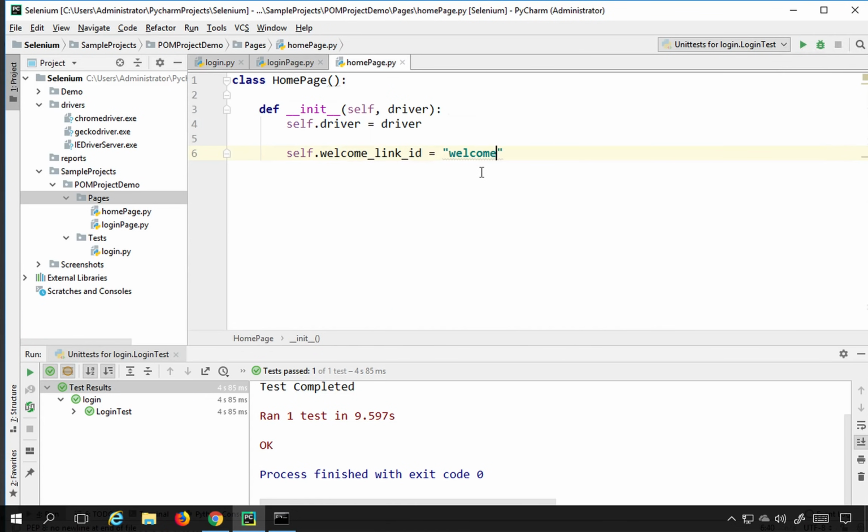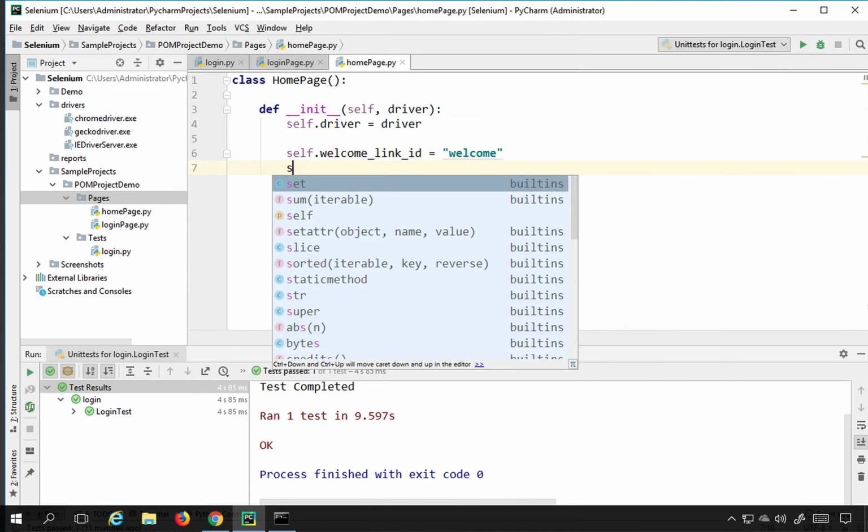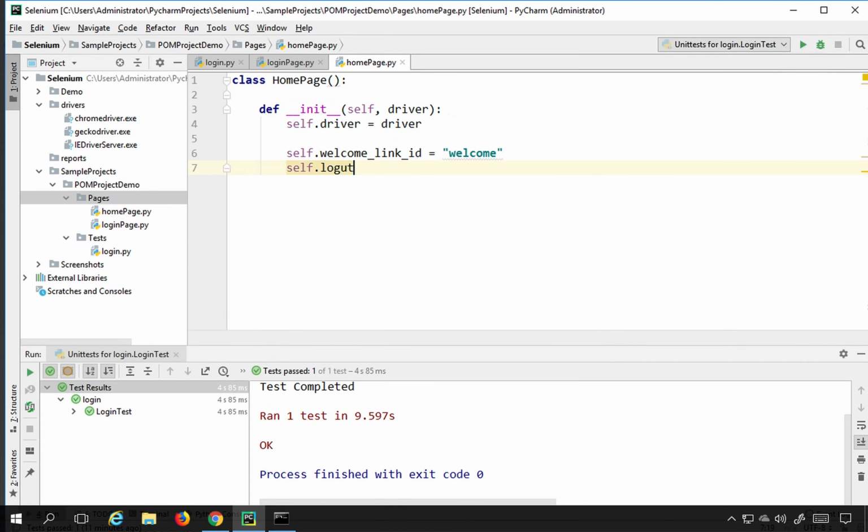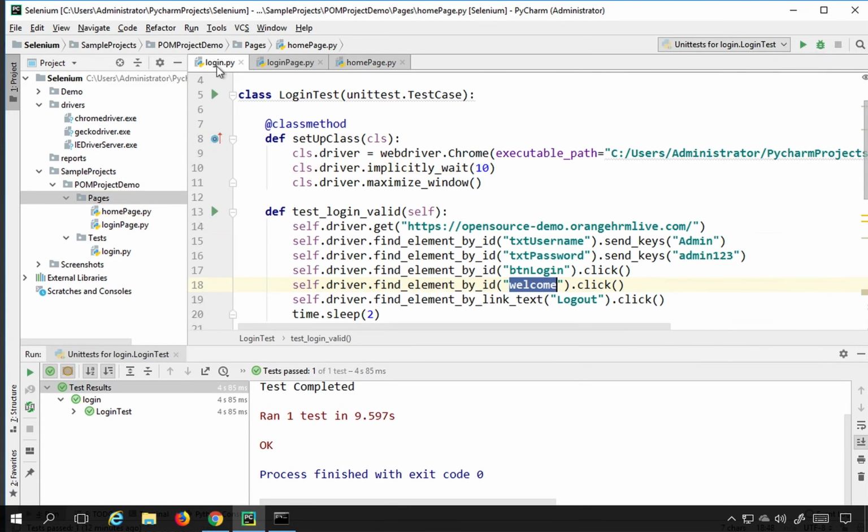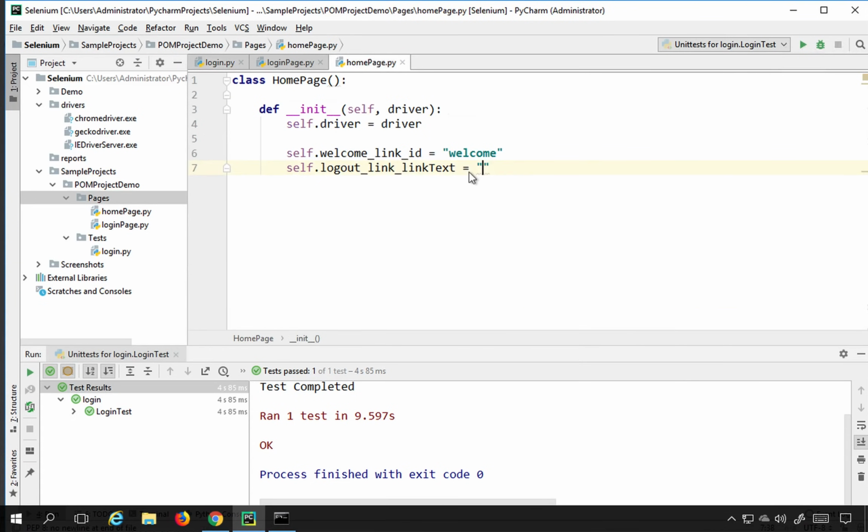I will copy it here, and similarly we have the logout, which is again a link, and we are using link text as the locator. This is link text, and again I will copy it from here and provide it here. So that's it. And now the actions. We are doing just two actions here. I will create methods for that. The first one is click on